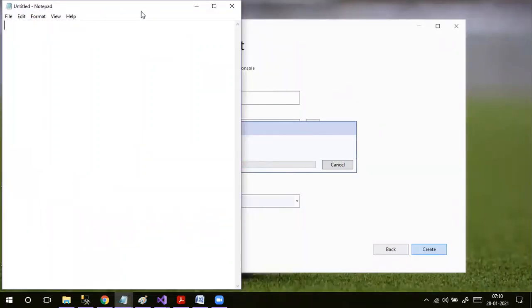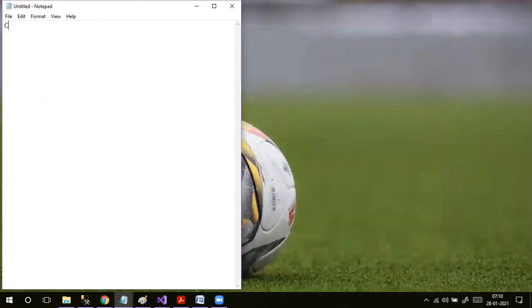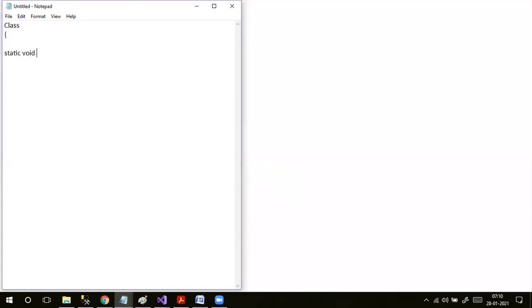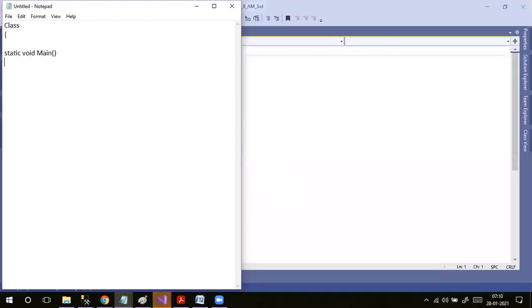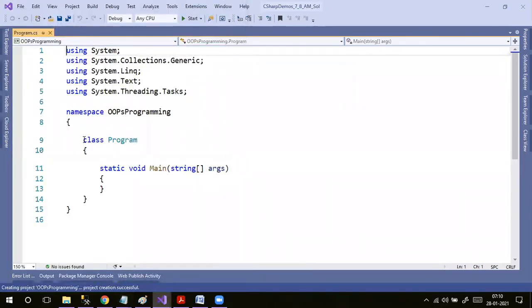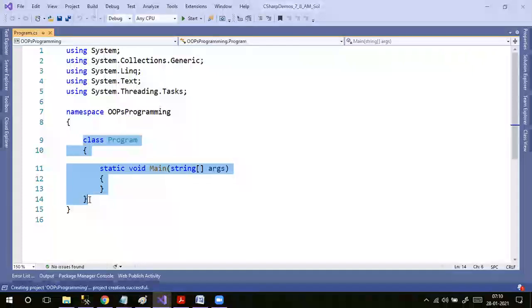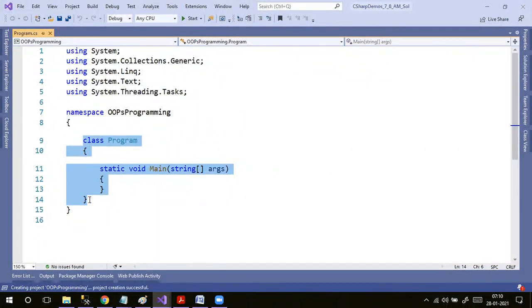Before moving to next, till now, whatever programs we had written, where we had implemented a class, and inside the class we put static void main. Inside the static void main, we are implementing all our programs. Till now, whatever concept you take, all programs we are implementing like this only. So this is good. Whatever approach we are doing, that is good. But